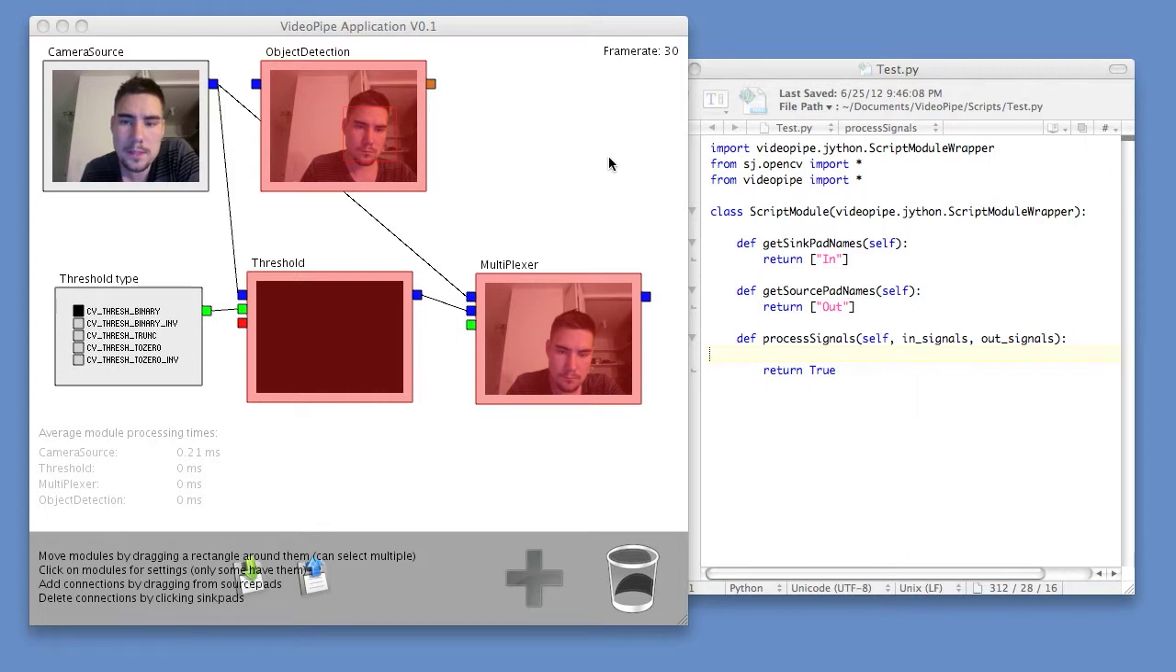Show how to embed Python scripts into our VideoPipe application. This can be very convenient for quickly configuring and prototyping within video pipelines. So right here I have open an application with a camera source, an object detection module for finding my face,